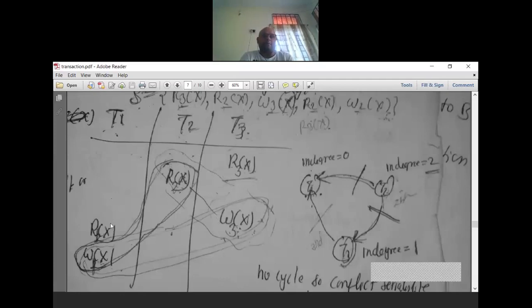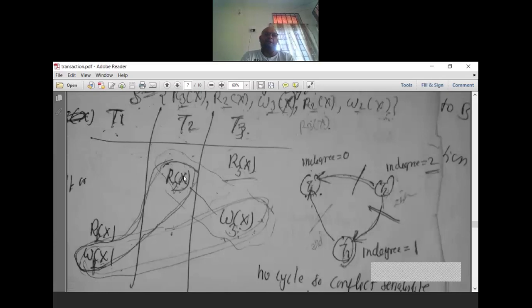Suppose I want to see from T1 to T2, whether any conflicting operation is there. In T2's bottom there is no conflict operation because there is nothing over here. From W1x I will see the bottom of this, no conflict operation because nothing is here. In the similar case, when I see the conflict operation from T1 to T3, I will check here. It is read 1x, below this nothing is there. So there is no conflicting operation from T1 to T3. In the similar way, for W1x there is nothing. So I cannot say it is a conflict operation.